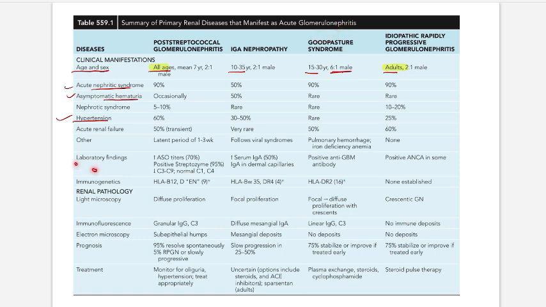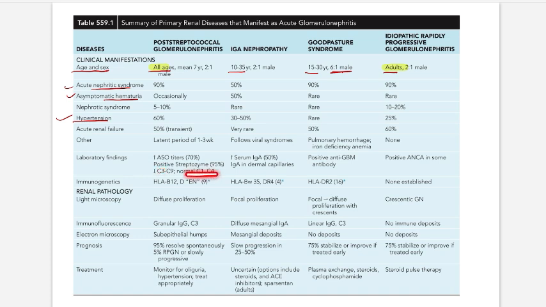Okay, lab findings. We'll discuss PSGN: ASO will be increased in 70% of cases, streptozyme is positive in 95% of cases, complement C3 to C9 are decreased, C1 and C4 are normal. So this profile of PSGN is very important, just pay attention. ASO is increased in only 70% of cases, streptozyme is positive in 95%, C3 to C9 complements are reduced, but C1